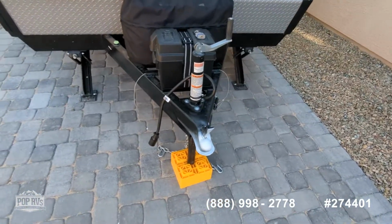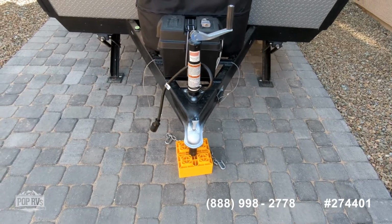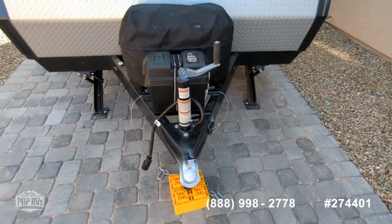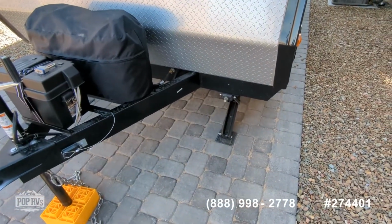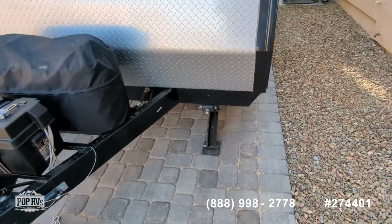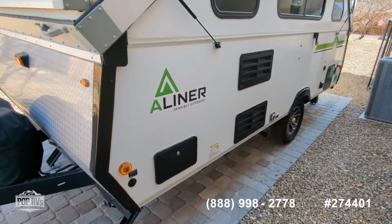The seller did something ingenious. He painted the ball white so that when he's backing up with his camera, he has a better target to line up with. I thought that was pretty clever. It has the crank down stabilizer jacks, and it's a crank down tongue jack. For the stabilizer jacks, it takes a 3/4 inch socket and a cordless drill, and you have a power